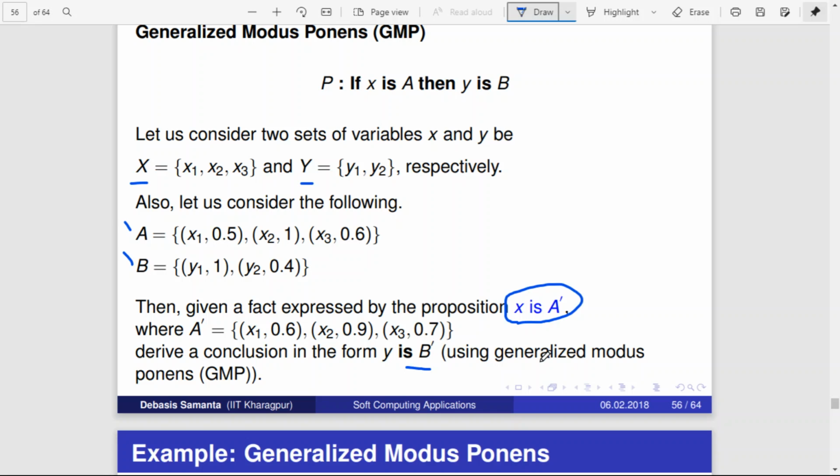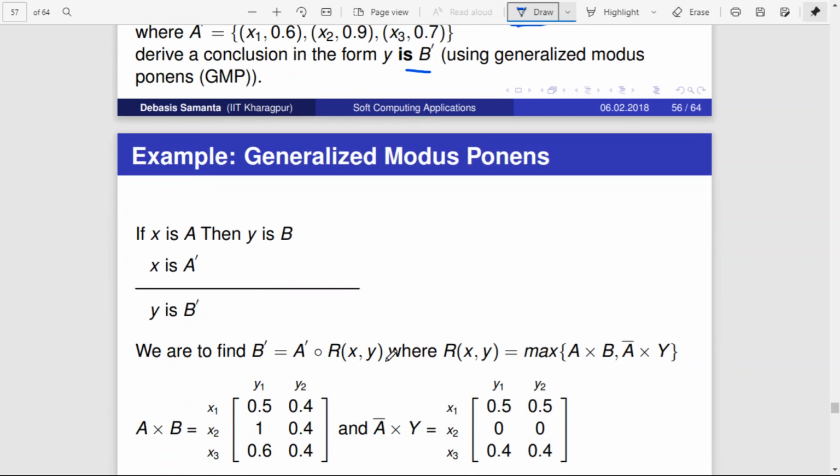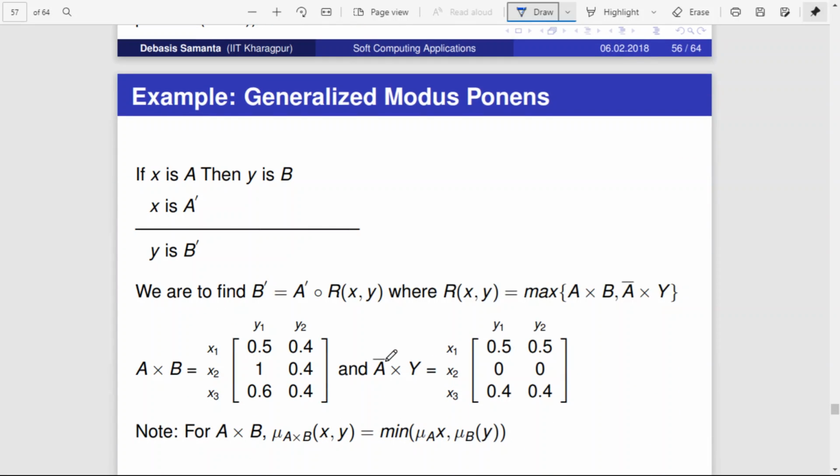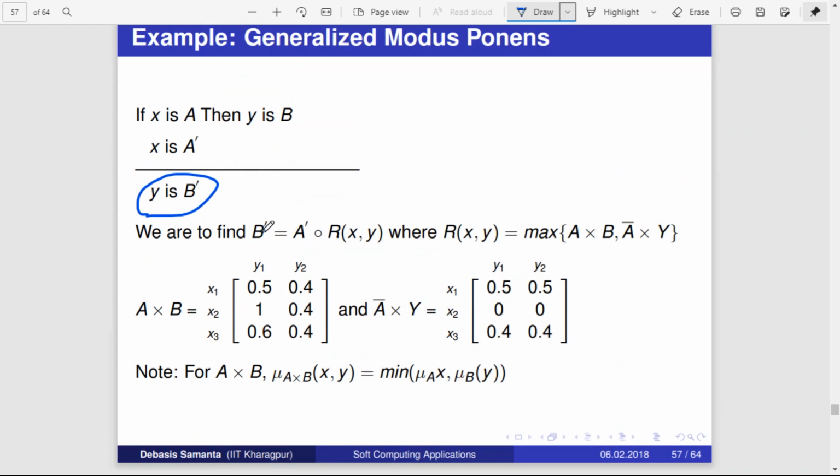As per generalized modus ponens, we have to derive y is B dash. So this is how we are going to derive B dash: B dash equals A dash composition